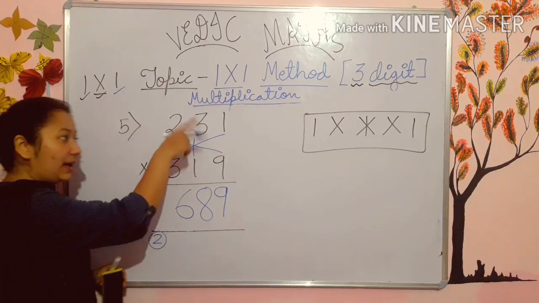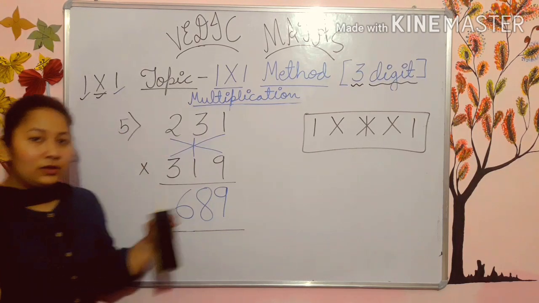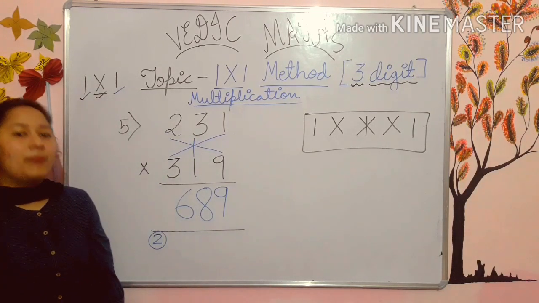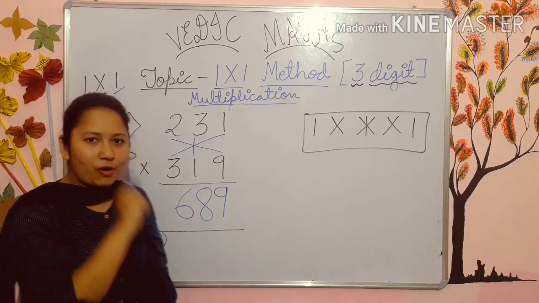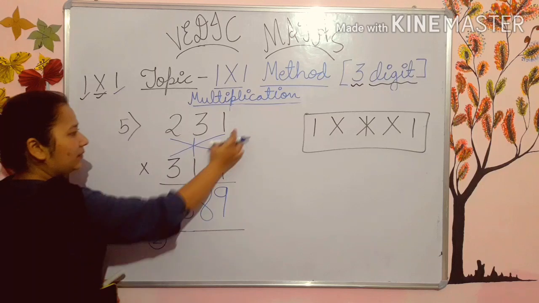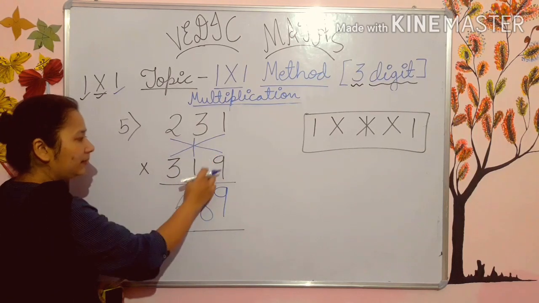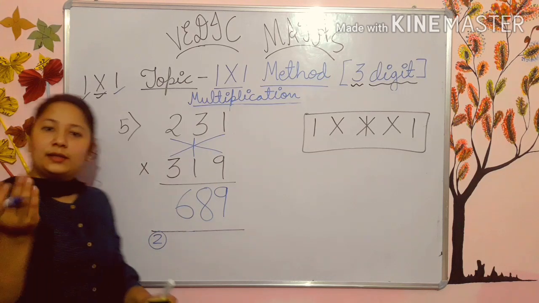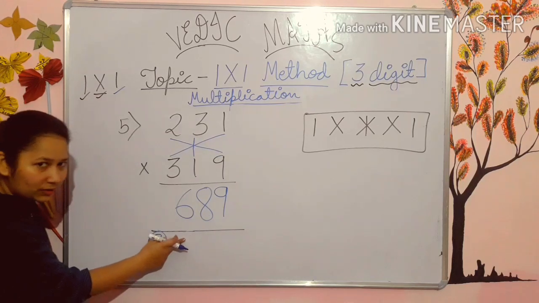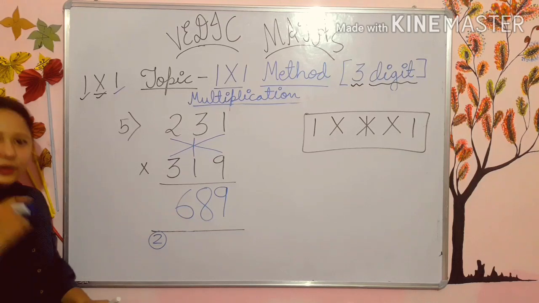Kids, I am doing addition. If you are not able to do this addition by keeping it in your mind, this means you need a lot of practice, because for maths your addition should be strong. Again I am repeating, 9 2s are 18, 3 1s are 3. 18 plus 3, 21. Then 3 1s are 3. Then 21 plus 3, 24. Then 2 was there carry. 24 plus 2, 26, and 6 here, 2 will go carry.